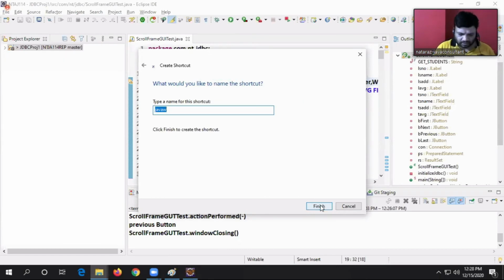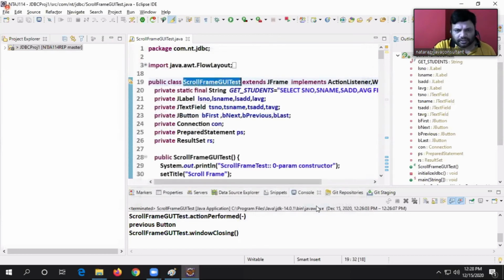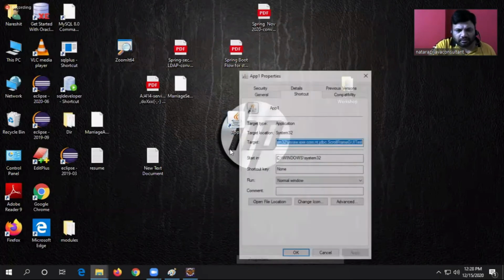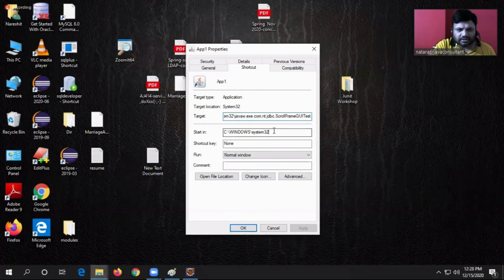Next. Application 1. Finish. Yes, finish. Right click, properties, start in.